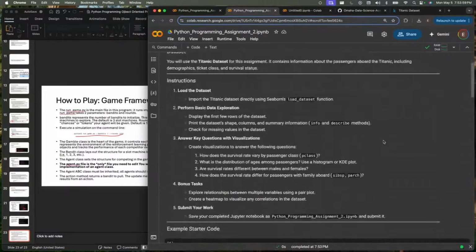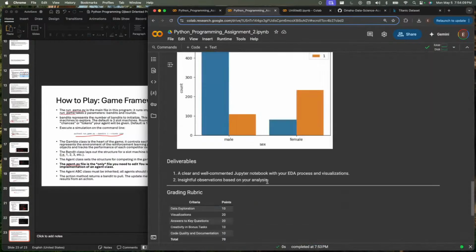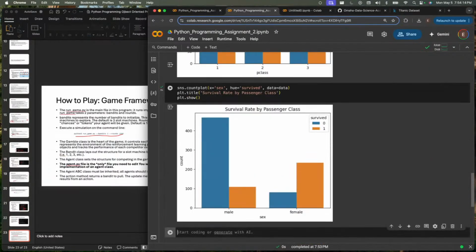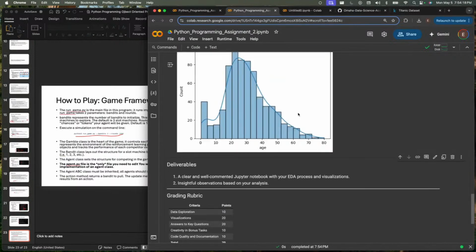Here, let's see what else we had. Let's look at the distribution of ages among passengers. We looked at that, I think, in the Kaggle. This is a pretty straightforward one. So these might just be questions that you're asking of your data set. Let me see what this quickly gives us.